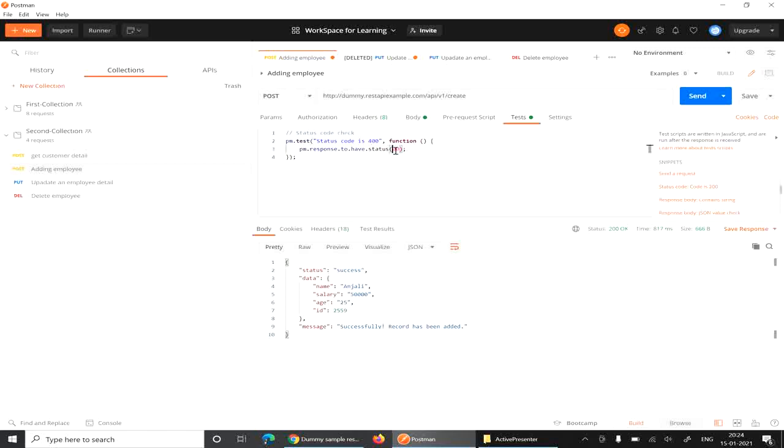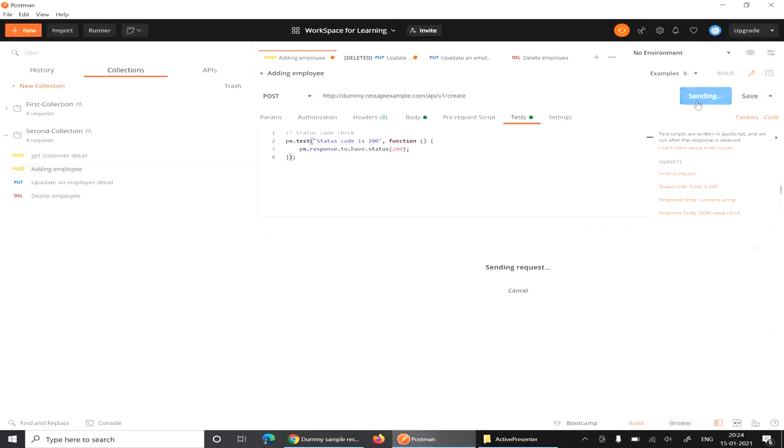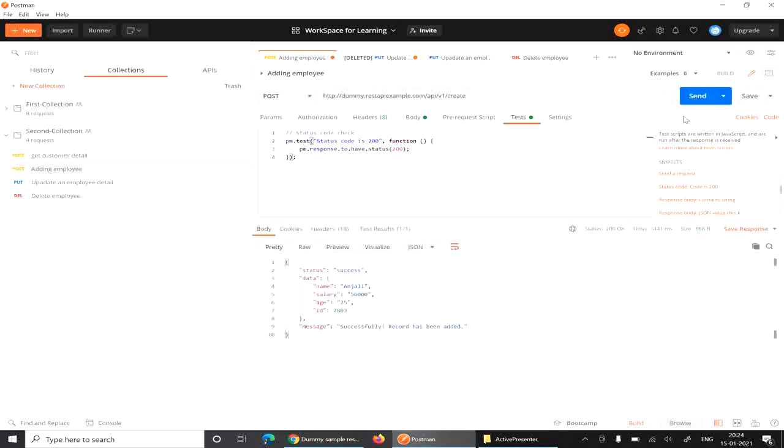Because our status is now 200, the successful status, if you want to check the negative scenario, you can change it. Now when we click on send, you can see the test result, the status code 200. Here you can write that success.